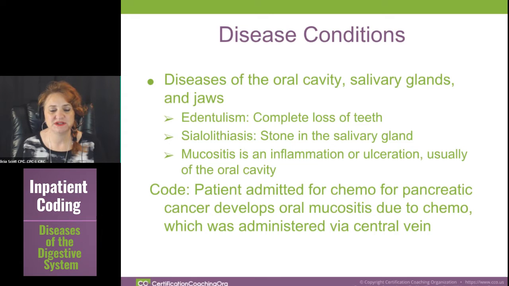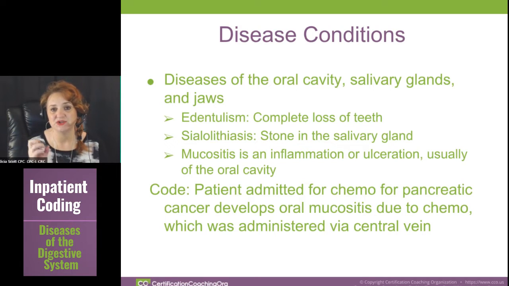So if a person loses all of their teeth, that is called edentulism. If you have a stone in the salivary gland, it's sialolithiasis, and you're probably not going to see that written out. They'll just say it's a stone. They'll even say it's an SG stone sometimes,